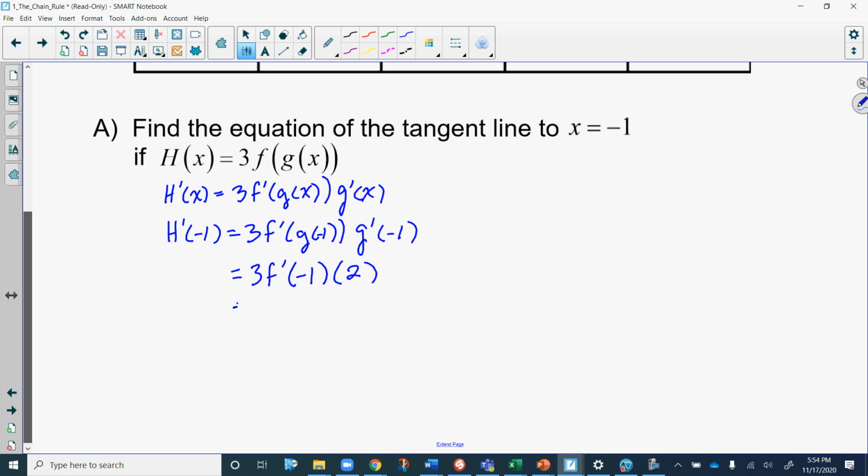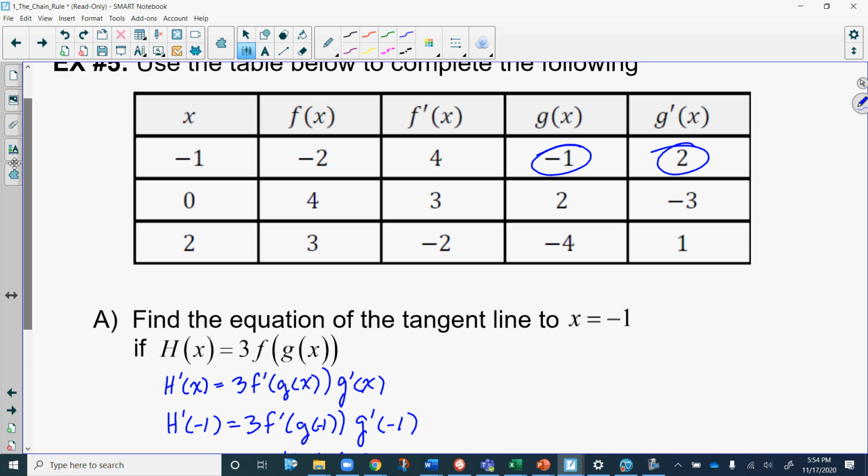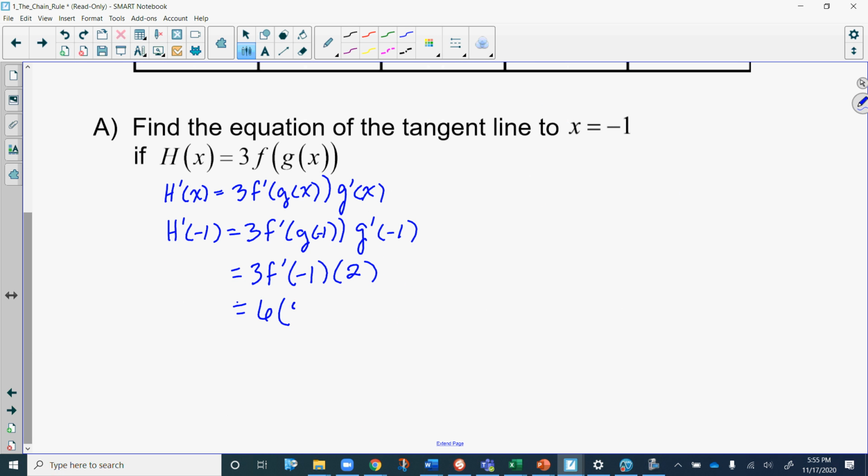So here we can go ahead and multiply the 3 and the 2 together, and that'll be 6 times, and so now we need to figure out, well, what is f prime of -1? So f prime of -1 is a 4. So that'll be 4. So the derivative of the function at x equals -1 is 24, meaning that is the value I'm going to use for my slope, because we're trying to write the equation of a line tangent to the function